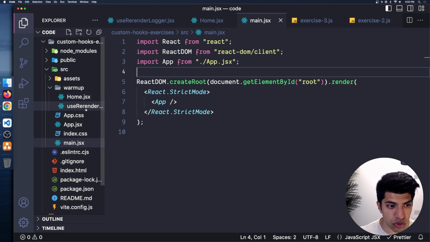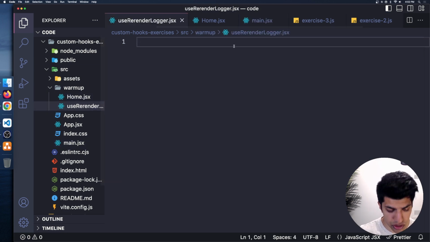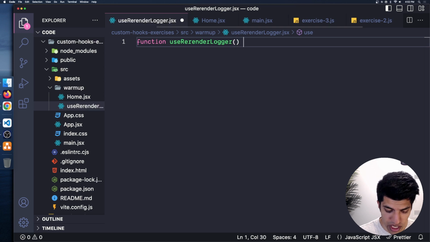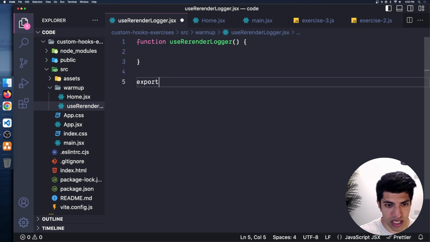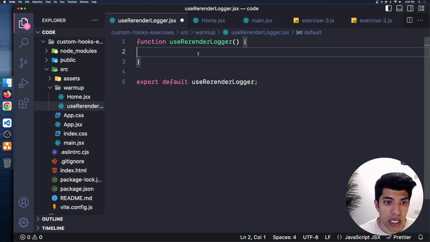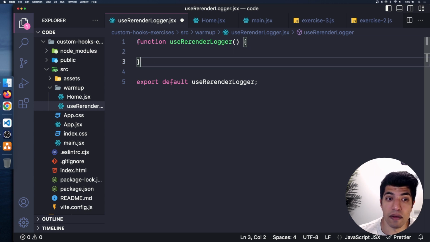Now that's all set up, I'm going to switch over to my useRerenderLogger. So this is going to be a function. I'll just use the useRerenderLogger. It's a very long name. And I'll export this as a default, useRerenderLogger. Now this function is going to be a hook. So we're not going to be returning JSX in this case. We're going to return some stateful values or things that have to do with state, or maybe we don't return anything at all. Like in this particular case, we're actually going to just be using the useEffect hook to deal with different